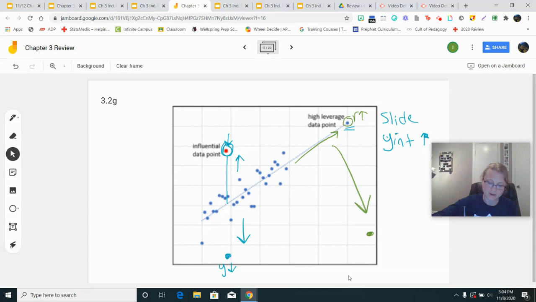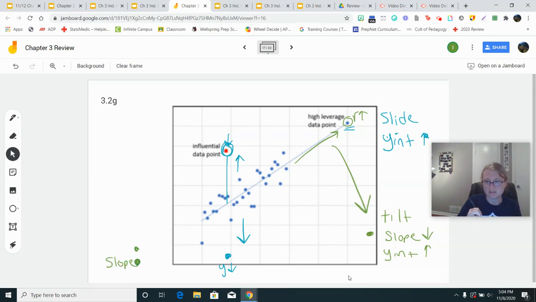So for this one, this is a tilt. In this particular case, for this point, my slope would go down to try to grab it. But then the other side of my line's coming up, so the y-intercept would go up. Now, if I added a point on the other side, like way over here or something, this would cause